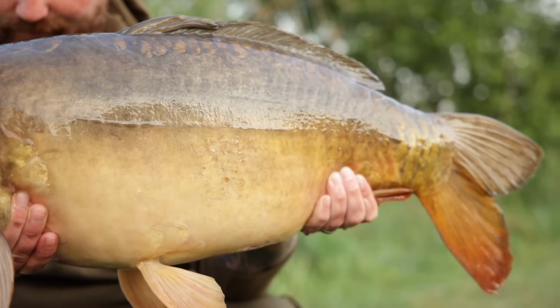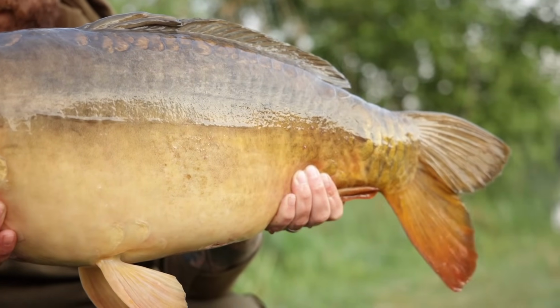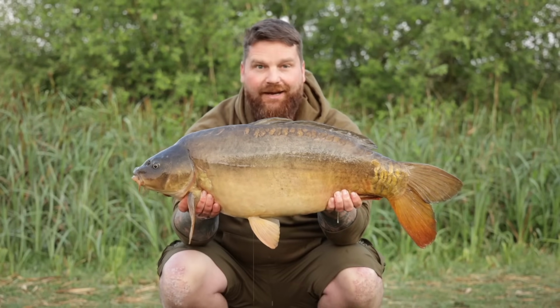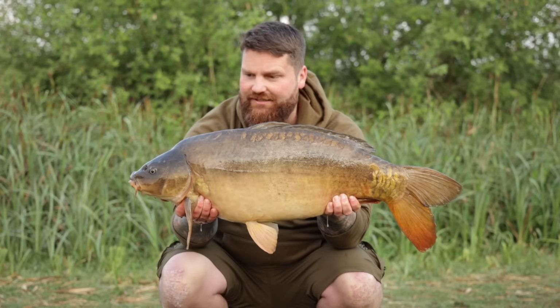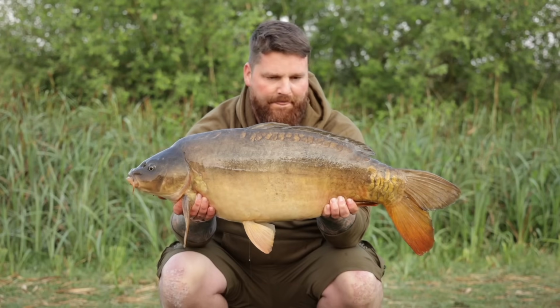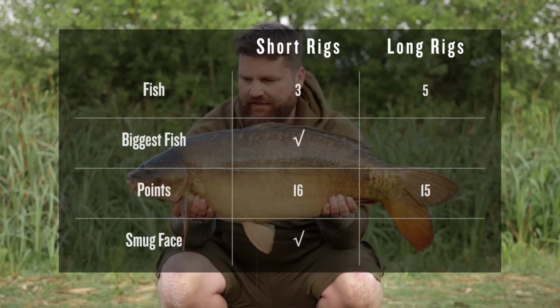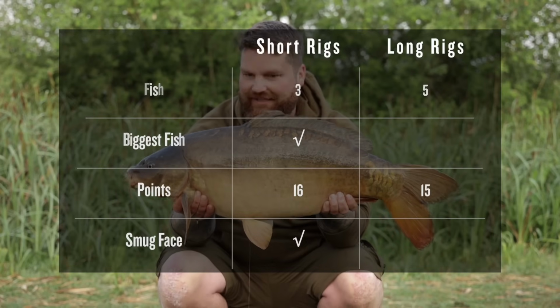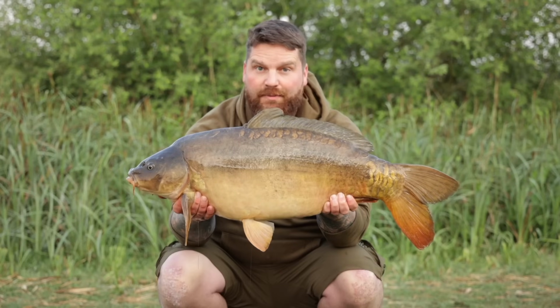And as I said earlier, it's that random rod. And I said, I think I'm almost thankful now for Simon wiping me out, because in my head, even though I was tired yesterday, I knew I needed to go a little bit further, but I was going to probably sit on it till this morning. But fish number 3, that gives me 16 points. I think it actually now puts me into the lead, which is ridiculous,